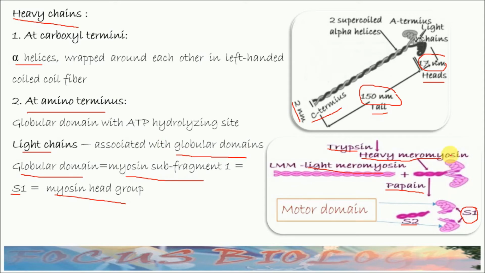This globular domain has two sites. One is ATP hydrolyzing site and another is the actin binding site, this one. Next,